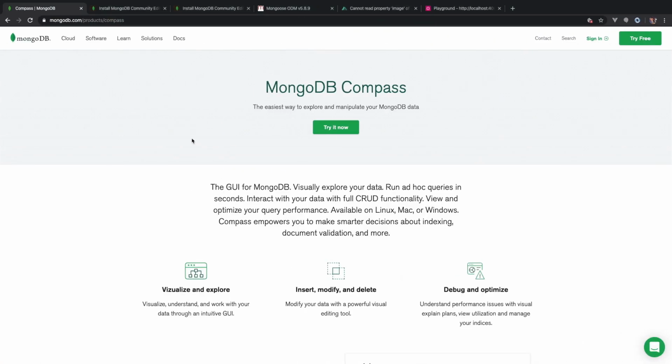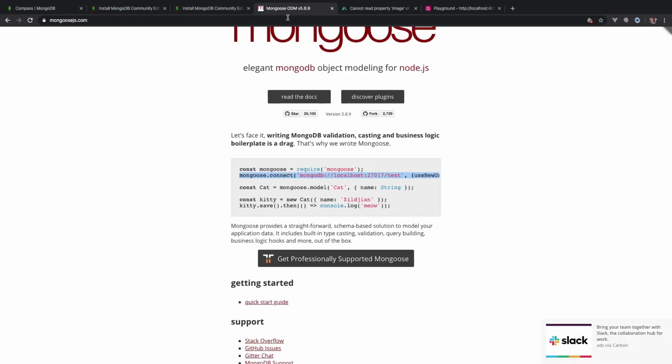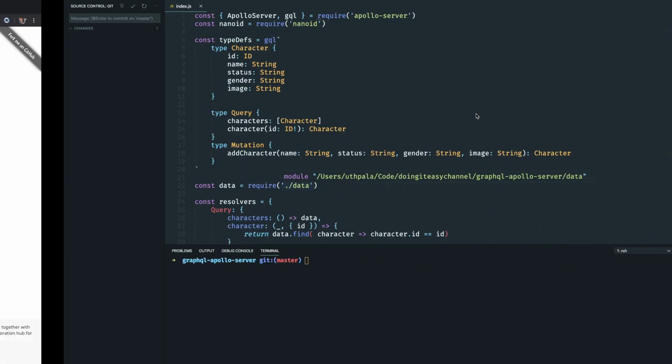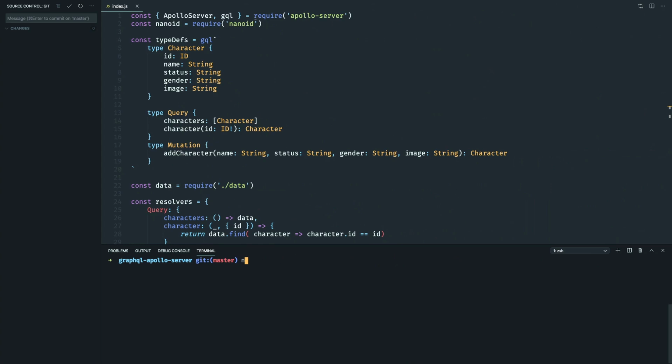Okay, so now let's get started by installing Mongoose, which is an elegant MongoDB object modeling for Node.js. We are in Apollo Server, in the Node.js environment, so we can use Mongoose to communicate with MongoDB. It's an amazing package. If you're in the Node.js environment and using MongoDB, I think Mongoose is the right choice. So let's start by installing Mongoose: npm install mongoose,